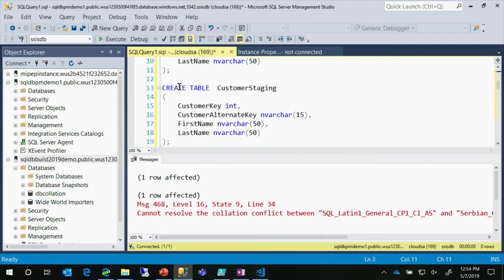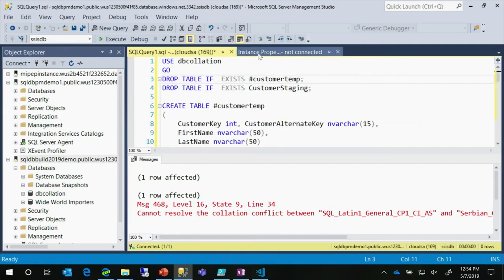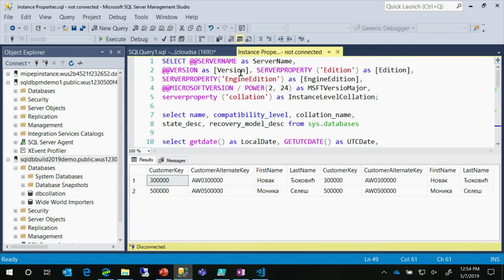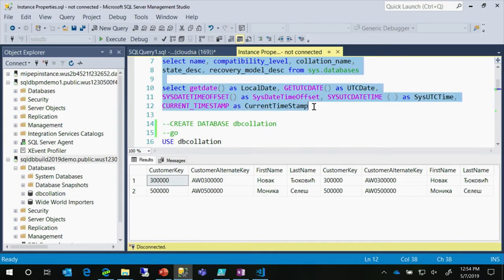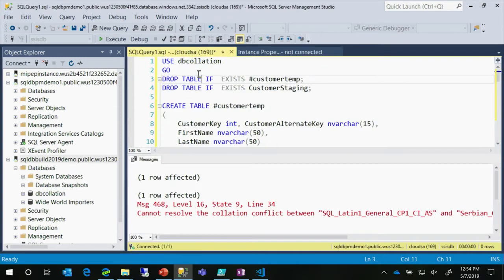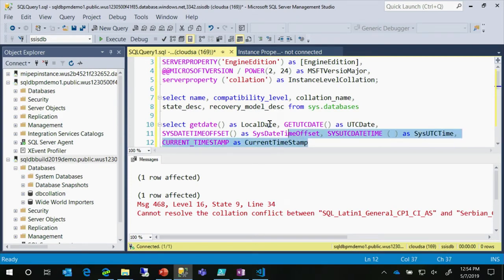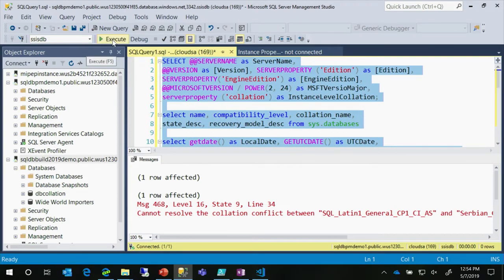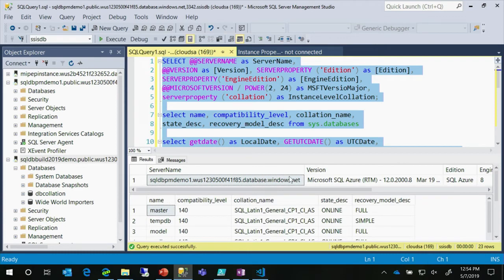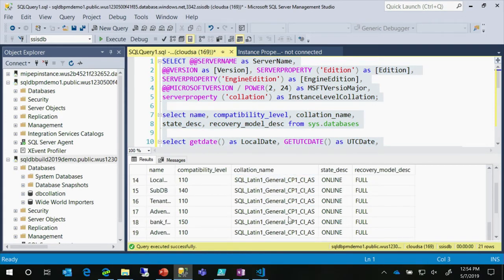So I have a query here. If I go and check properties of this instance, you can see that it is running on default collation, and